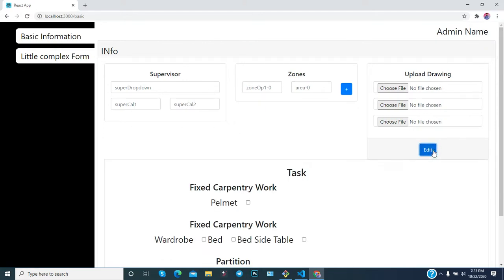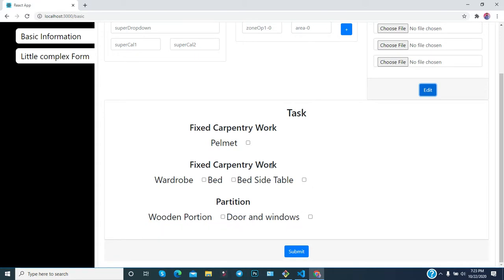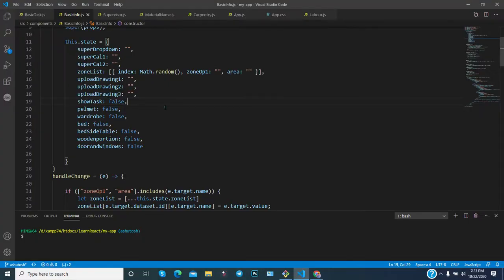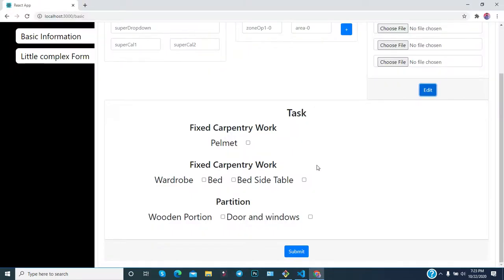If you click, then this section appears. So why does it appear? Because after clicking, we have set the value of the state, and we have made show task go from false to true. That's why it appears now. So in this way you can hide or show. This is one of the ways you can do it.